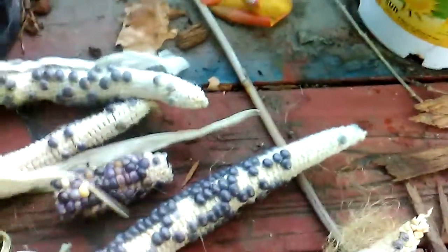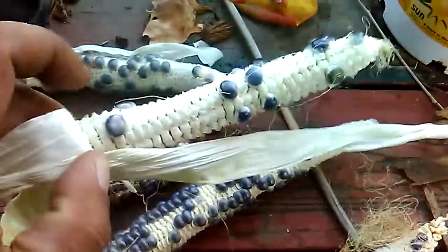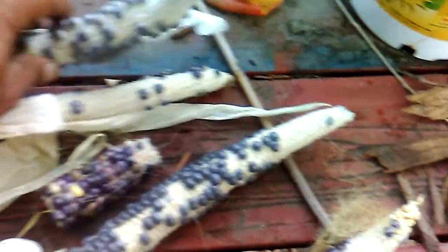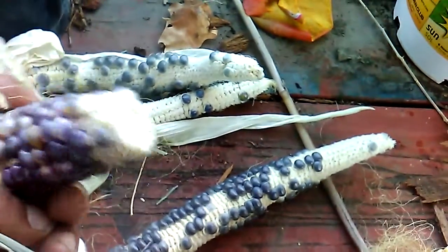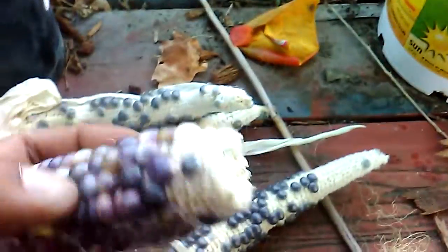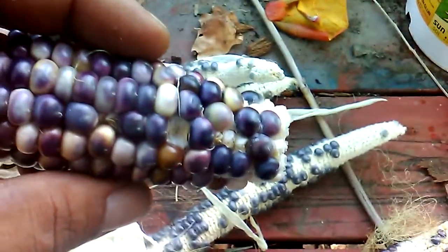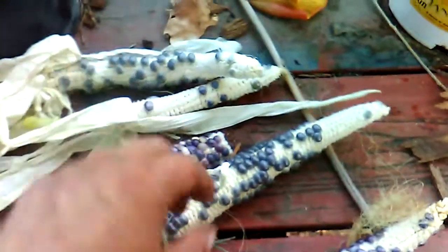I believe that, they say this is from a grass, which I believe because I've seen really many corn stalks, and they grow the little tassel at the top too. Not the ear tassel, but the top. Yeah, the pollen tassel. And so, I believe that they just